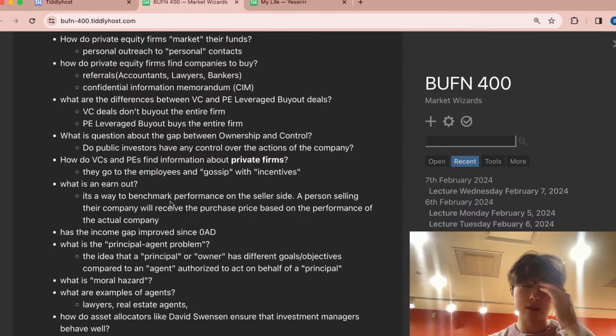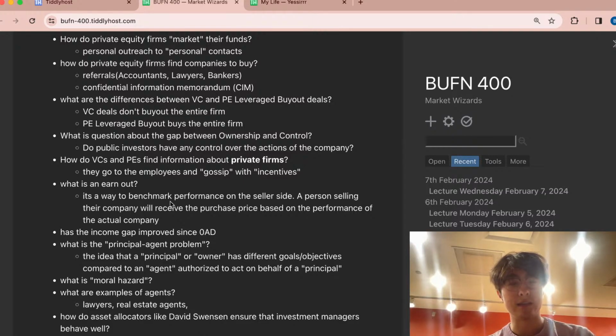Okay, these bullet points are interesting because then we start talking about the idea of how do you align incentives of private equity managers or just any type of investment manager in general if you're thinking in the shoes of an endowment or a pension fund where you have to allocate different amounts of capital to different types of asset classes, and also after allocating those to asset classes, allocating those to different investment managers to invest on your behalf.